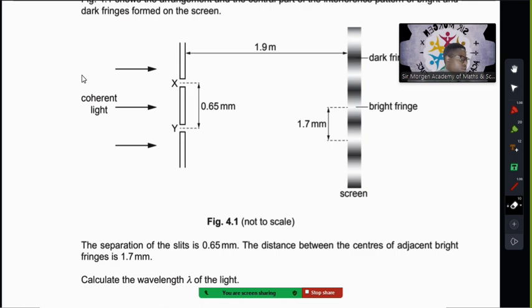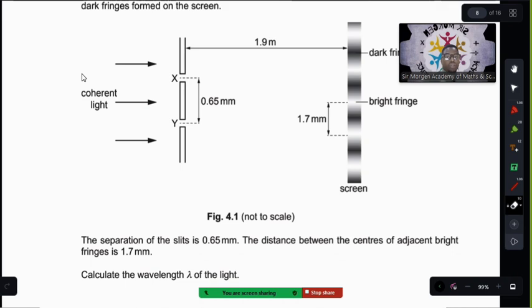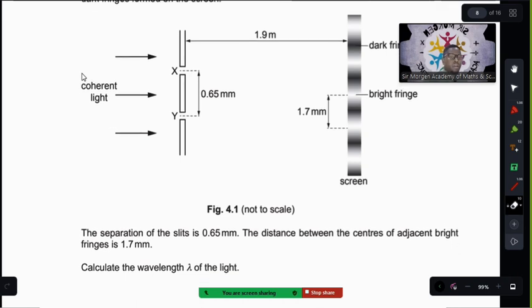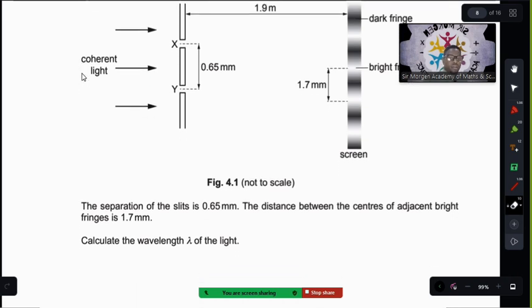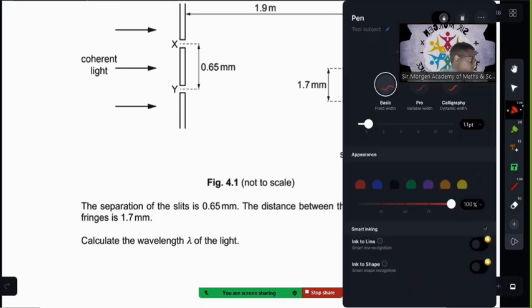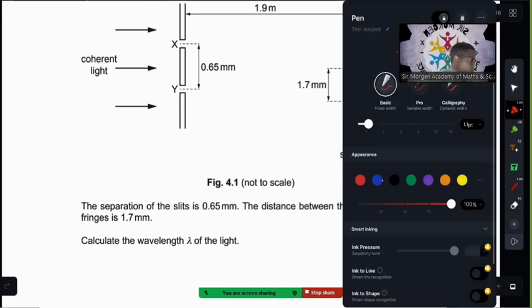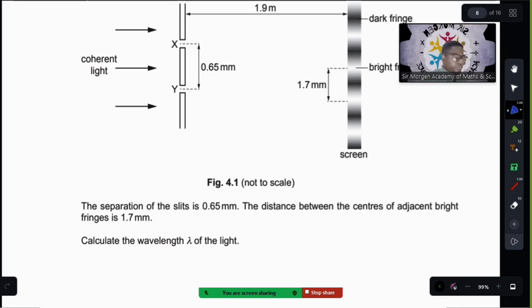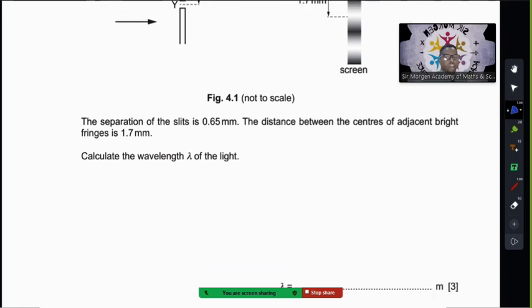Okay, there's a formula that we can use to determine the wavelength. I hope you remember that formula. So this is the formula that we use to deal with this type of equation. Just a second, let me change my pen color. Okay, so what does the formula say? Or maybe we can just highlight the quantities that we are given in this question first.